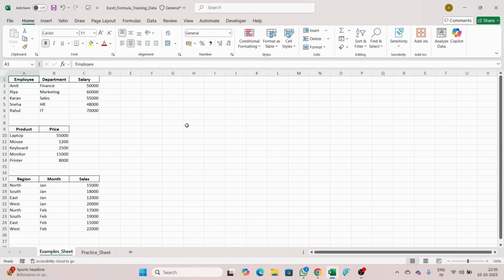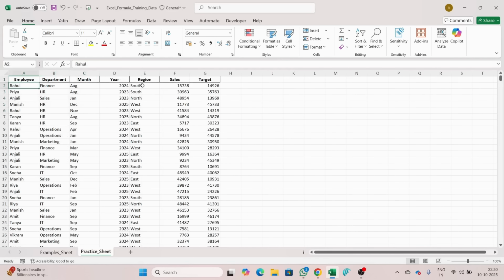So INDEX and MATCH are generally used together while we deal with data sets and work on Excel. We'll see how in a few minutes. And yes, without wasting any time, let's get started with all these formulas. First let's begin with the INDEX function. I'll tell you briefly what the INDEX function is, and then we'll use this data here to apply it. And then I also have a big data set wherein we can apply and learn all